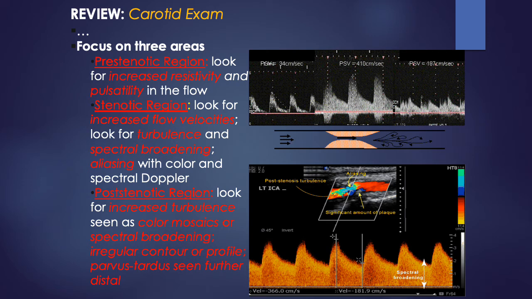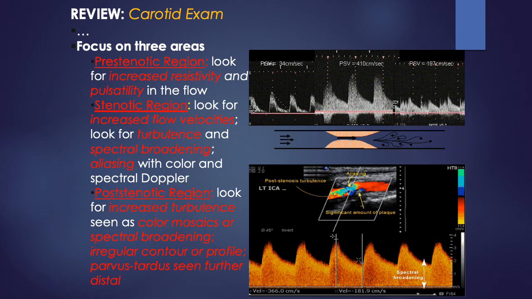What does turbulent flow look like? Look at the waves here. My waves have clear windows before the stenosis. At the stenosis, you see how the peak systolic velocity increases. And after the stenosis, we see the waves lost the window. The window is filled with frequencies. I see solid wide waves, no windows. What do we call this? If you look at the second diagram in here,